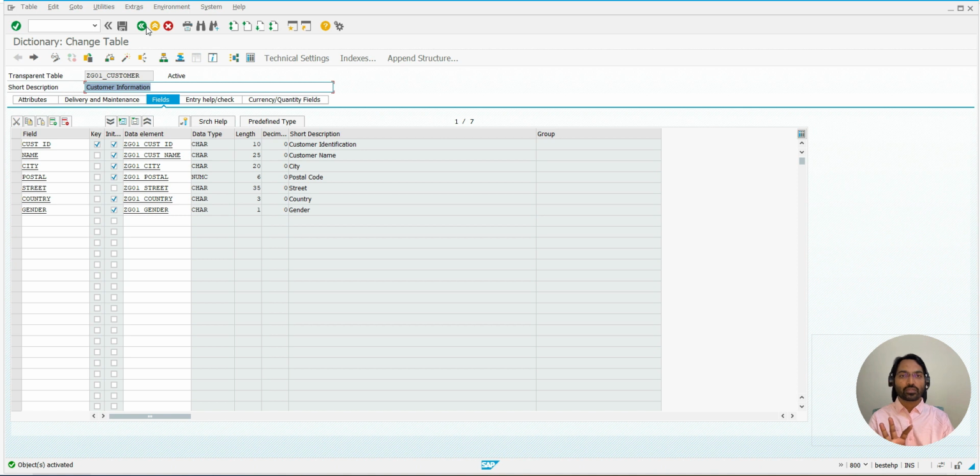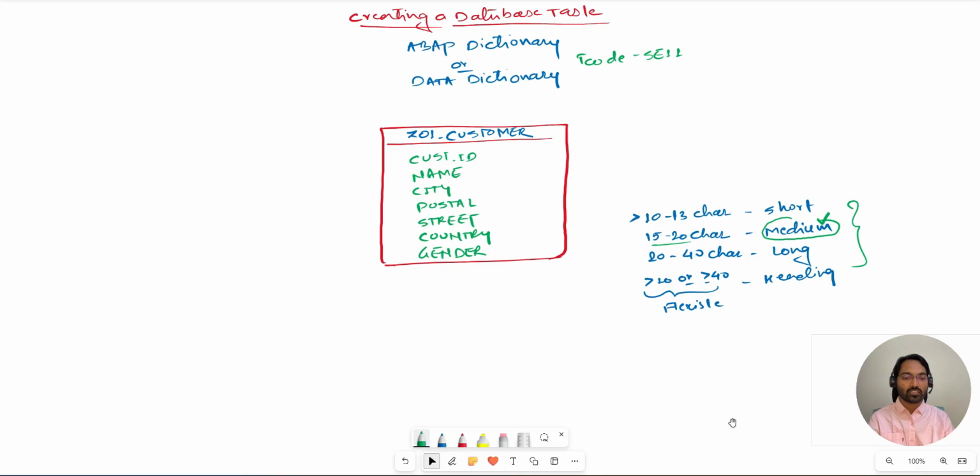So there are 5 options. One is can be enhanced, which means yes, you are allowing the user to enhance the table, meaning he can add a new field. Deleting has no restriction, but still he can add the field. Here the issue is with adding, not deleting. Enhancement category is for adding the new field. So the first option is can be enhanced. So if I go with the enhancement category,